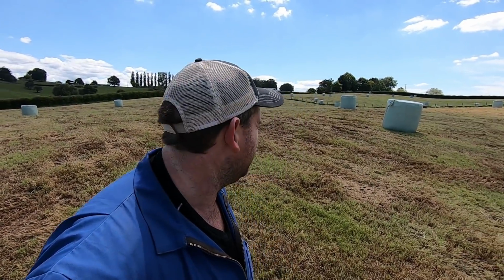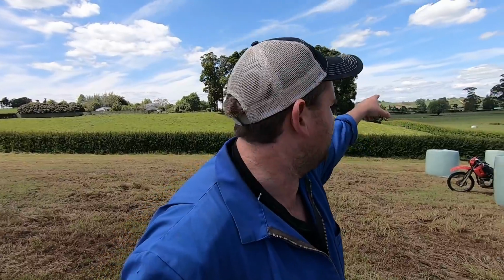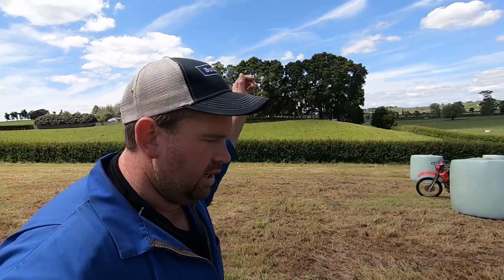It was a solar eclipse that was happening last night, not a full moon. But those fellas finished up baling in here at about, I think it was about 11 o'clock last night. Wouldn't have been far off it. I left them to it. Once they'd done that paddock, I could set gates up for the cows in the morning, and they just finished